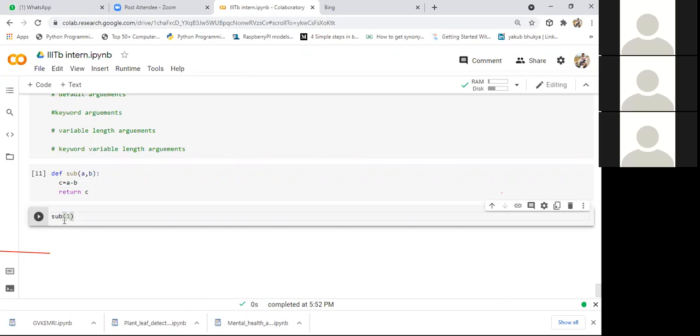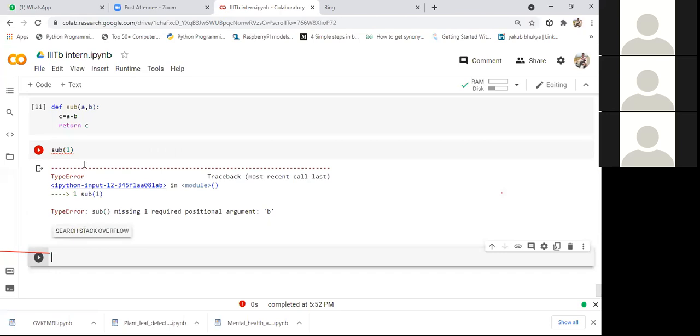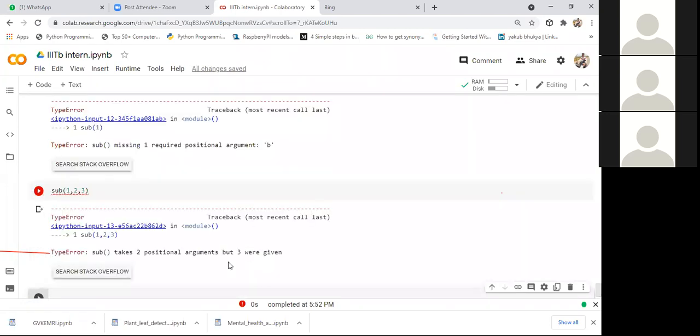If I pass only one argument, it gives an error: missing one required positional argument b. If I say subtraction of 1 comma 2 comma 3, specifying extra arguments also gives an error: subtraction takes 2 positional arguments, but 3 were given.